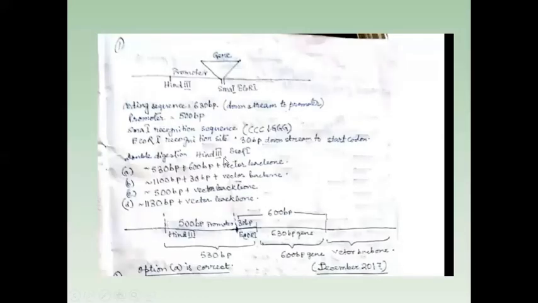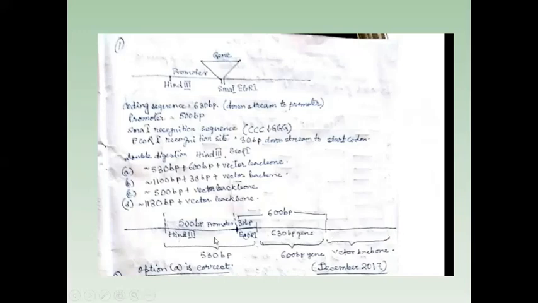From all this information, first we have to draw the structure. This is the actual structure, the entire DNA. If we insert this portion within this, we would get this type of structure in which from the beginning up to this portion is the promoter, which is 500 bp, and from this point to this end is 630, which is our gene. And from the start codon to this, there is a recognition site of EcoRI, and the remaining is the vector backbone.